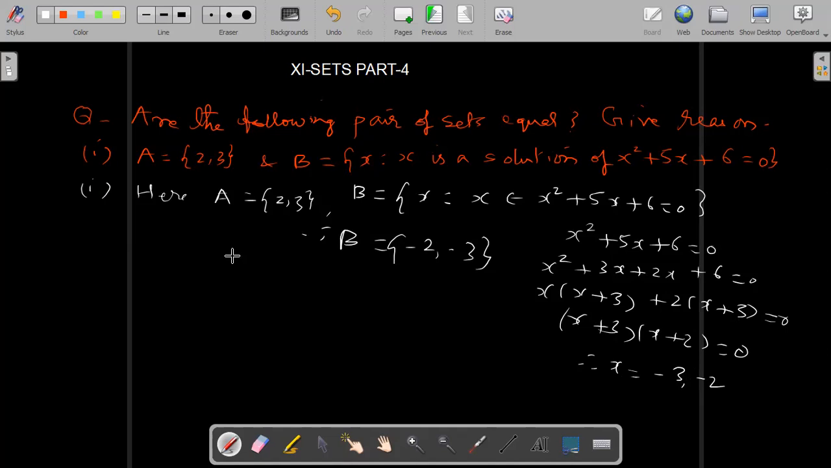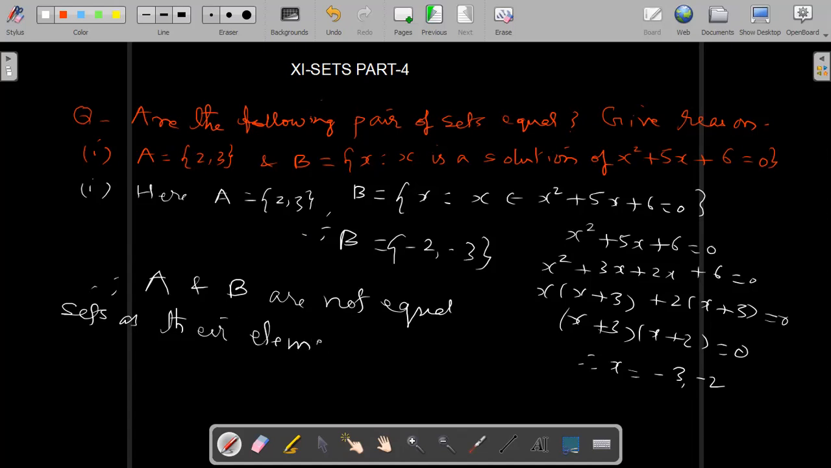Therefore they are not equal sets. Therefore A and B are not equal sets, as their elements are different. Okay. But the next part of this question is,